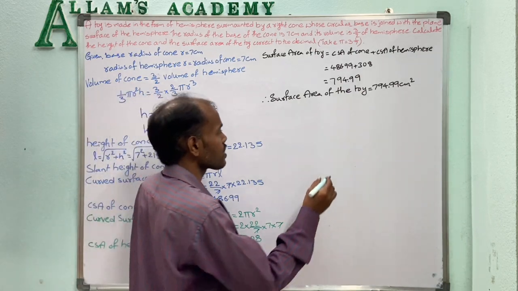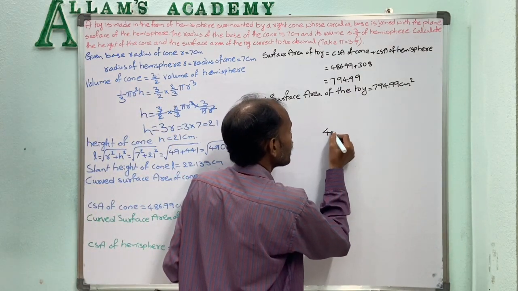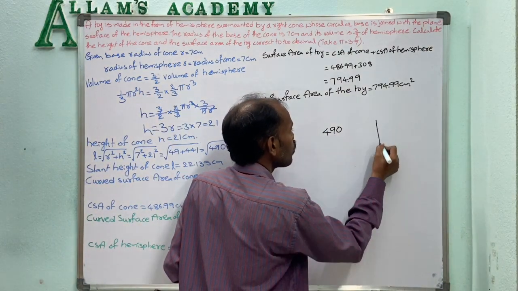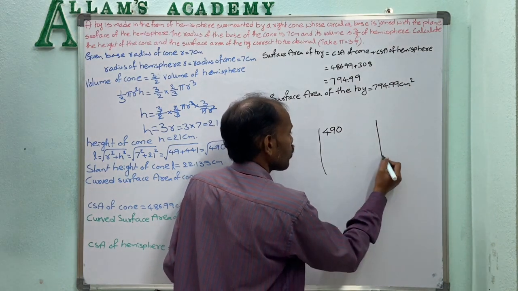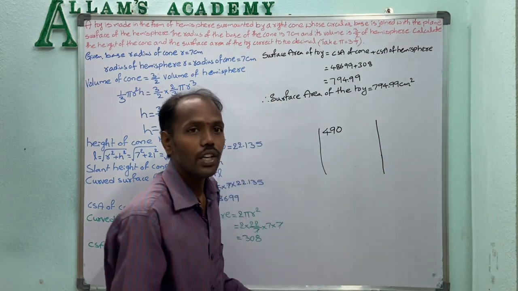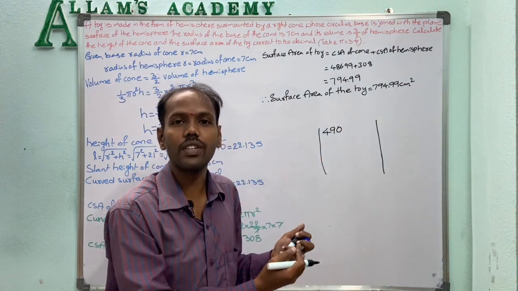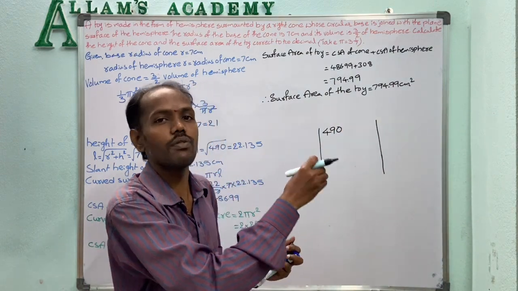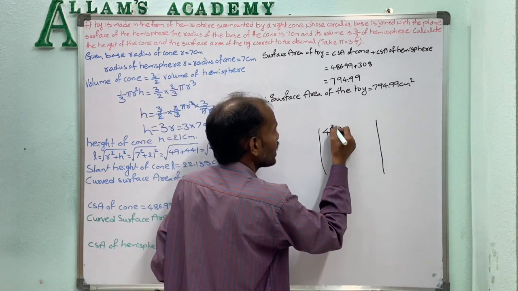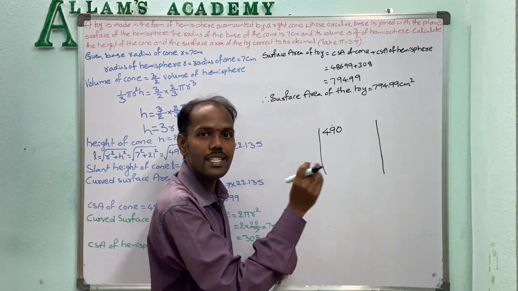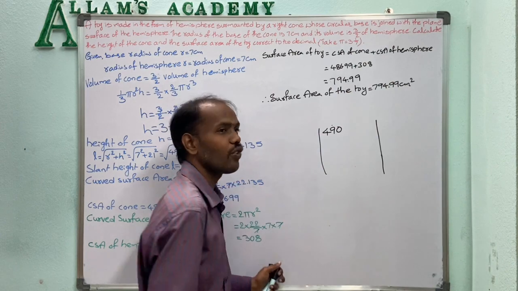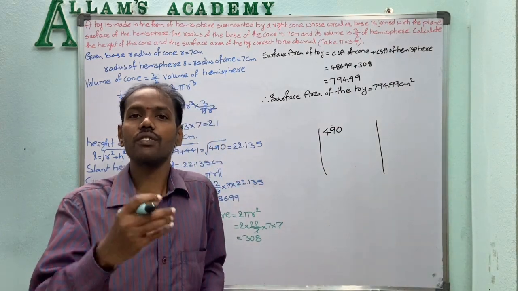Okay, now here root 490 is equal to 22.135. How will it come out, once we observe? So we find the square root of 490 through the division method. In the division method, for finding the square root, from the right side we take each two digits as a pair. That means 90 will be a pair and 4 is the single number, so 4 is taken as a pair. So we find the square root.